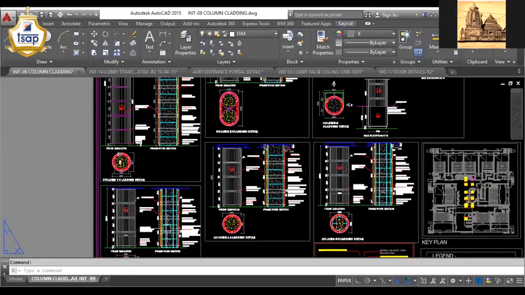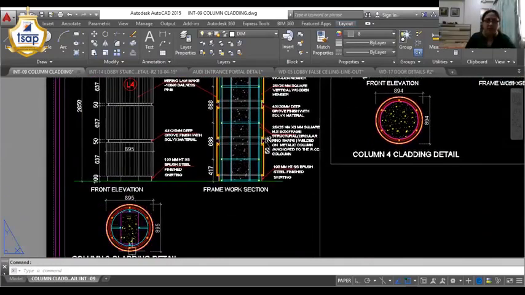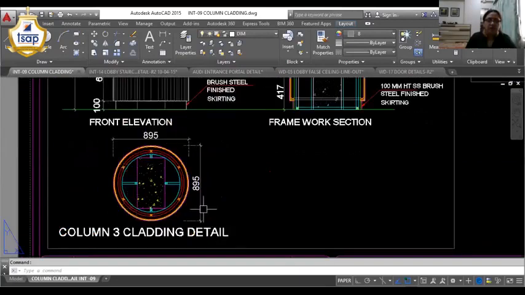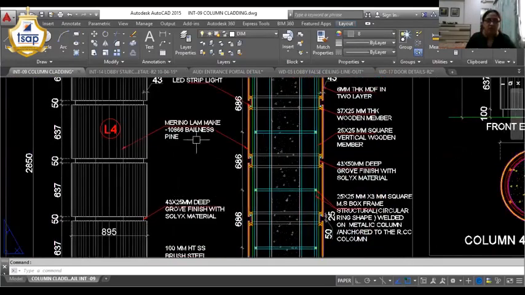The column cladding detail drawing is shown here. For example, here the columns were in circular shape and in rectangular shape also, but for the final finish of the column, we wanted it to be in circular shape. So the diameter and the final finish size of the column has been written. Then you can see the final finish, particularly the Merino make laminate, and the laminate number has been written.